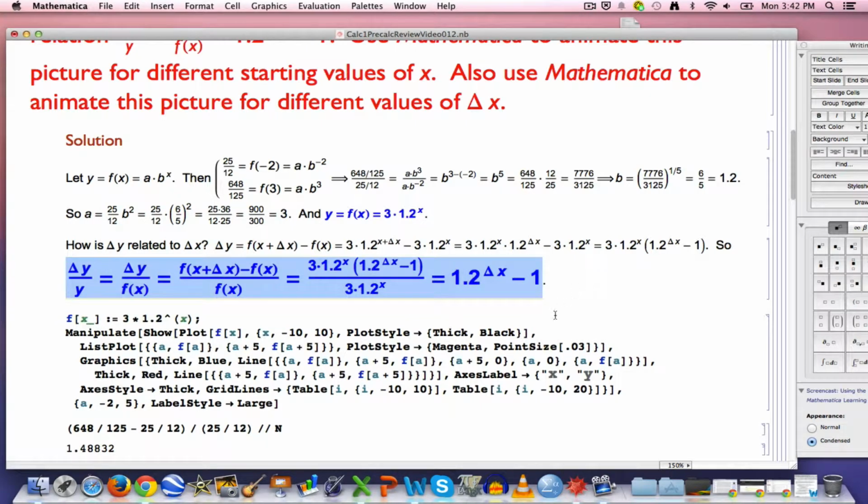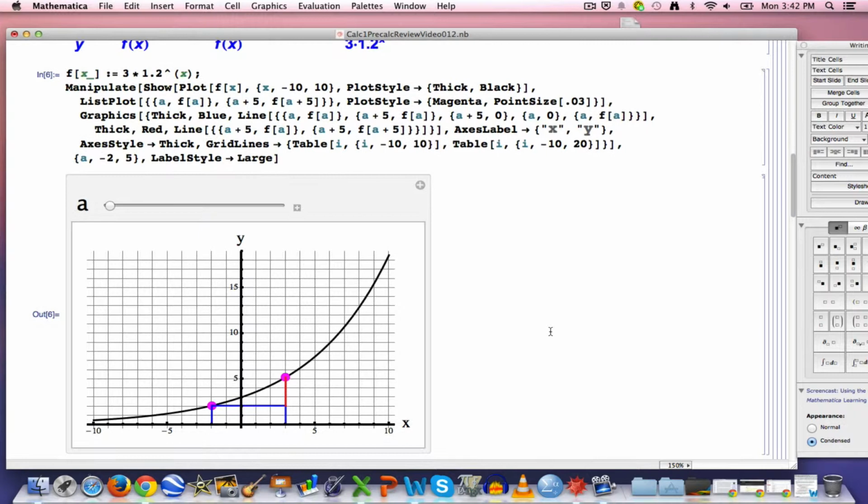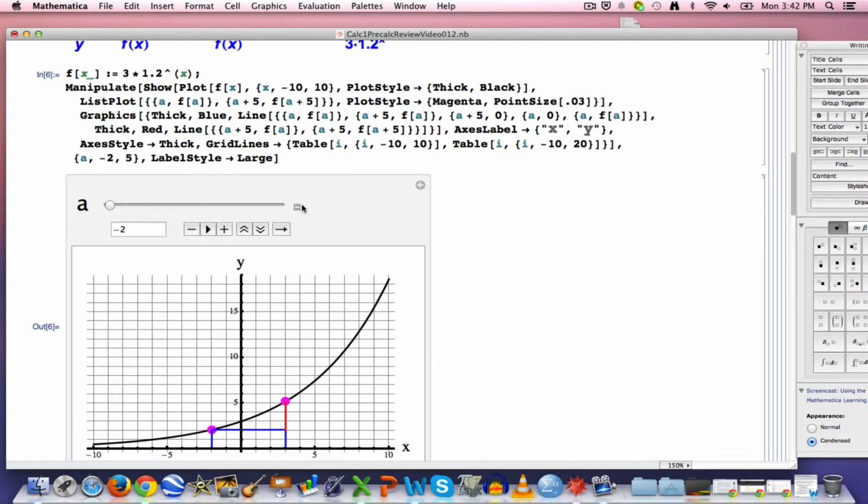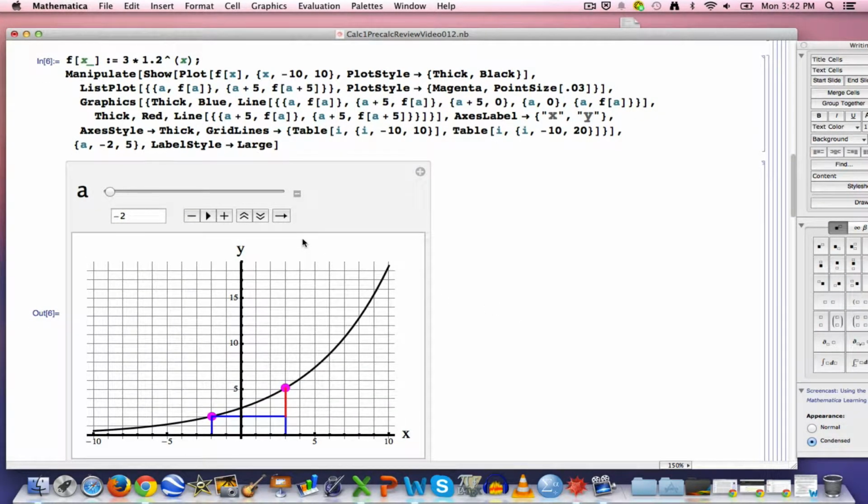Again, rewritten right here. Here's the animation. Manipulate, show, combine to make an animation. A is the animation parameter. It's the starting value of x. It is x, so to speak. Delta x I'm keeping fixed in this, and it's fixed at 5. What do we see? We saw that no matter what A is, ultimately, the relative rate of change, or the relative change, excuse me, was the same. In this case, if x is negative 2, the starting value of x, and delta x is 5, so that I increase x from negative 2 up to 3,